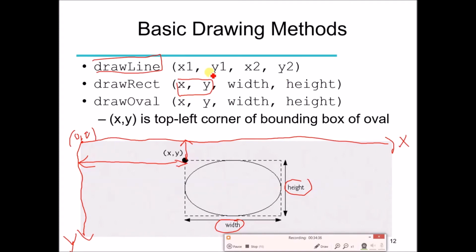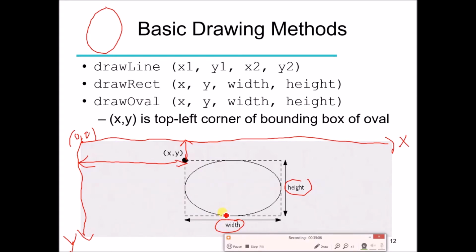Of course there are some other methods which we can use to draw the rectangle. Now the next method is to draw the oval. Oval means the shape which is like an ellipse, or, if we can say, the specific type of oval is a circle. For example, we have an oval shape like this. So here you can see that by a solid line we are drawing the oval.